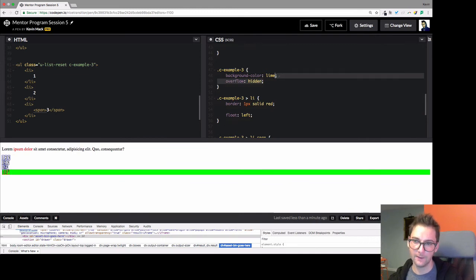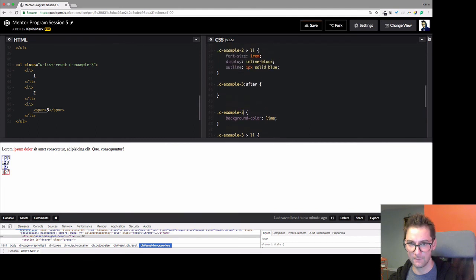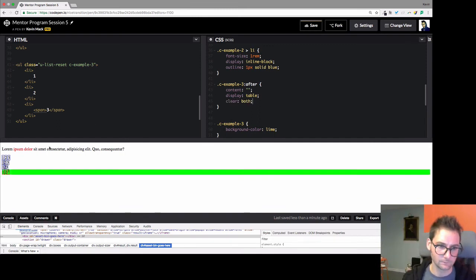So how to overcome that instead of doing overflow hidden, what we'll do is say this is going to remain background green. We're going to have an after, and I'm going to say a content is equal to blank. And I'm going to say a display. I like to do table here. You can do other ones. I'm going to say a clear both. So now I have this guy here,